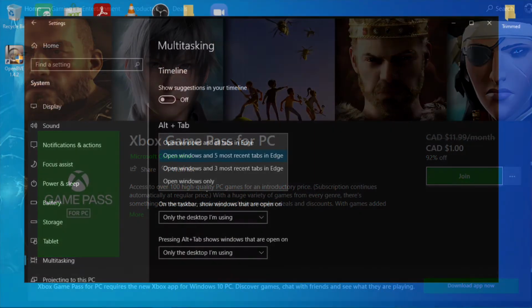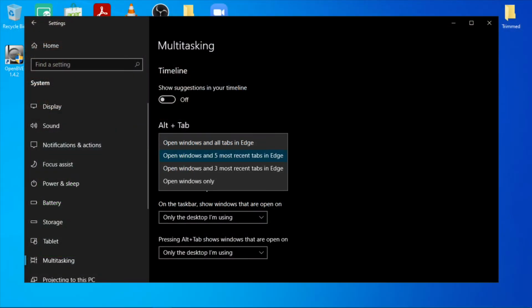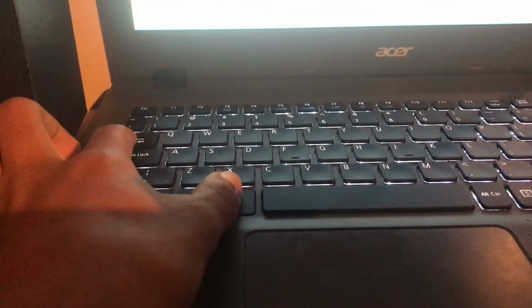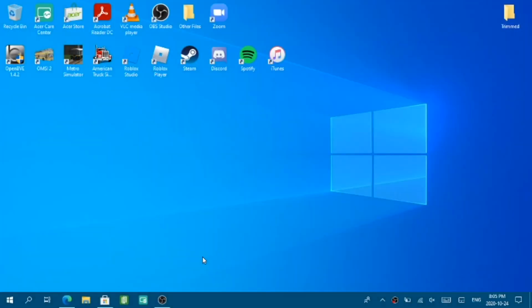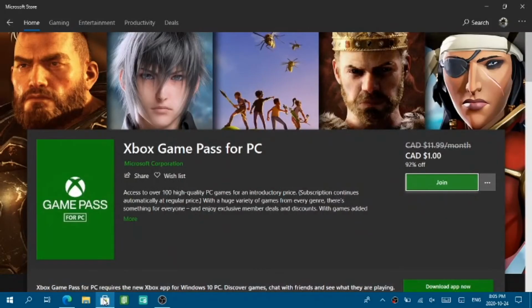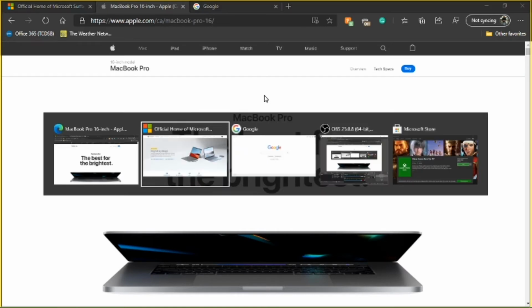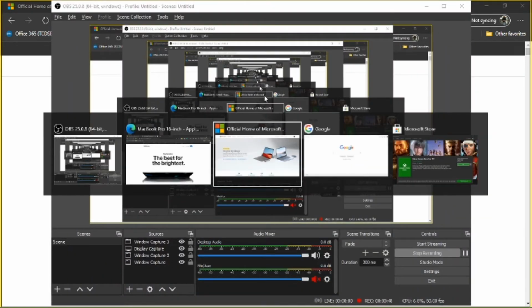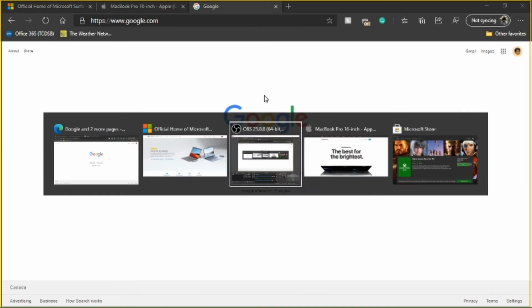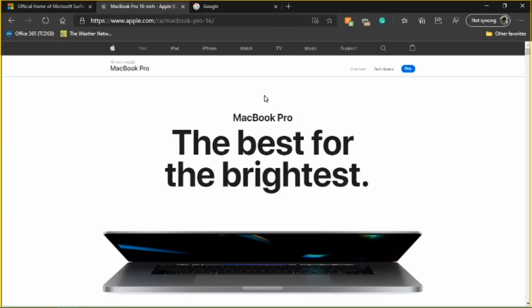And the next feature, probably one of the best features in Windows 20H2, is that now the Microsoft Edge tabs are in the multitasking view. So you can do this by clicking Alt Tab, and you can cycle through each of the windows and tabs that you have open. Or if you're using a laptop with a touchpad, you can just move your finger with 3 fingers sideways, depending on which tab that you want. So I'm pressing Alt Tab, and you can see now that I can switch through my tabs and my programs. So I have Microsoft Store and Microsoft Edge open, with a few tabs open as well, and those tabs are